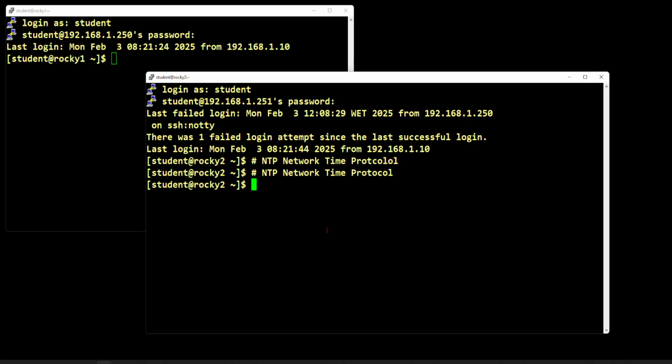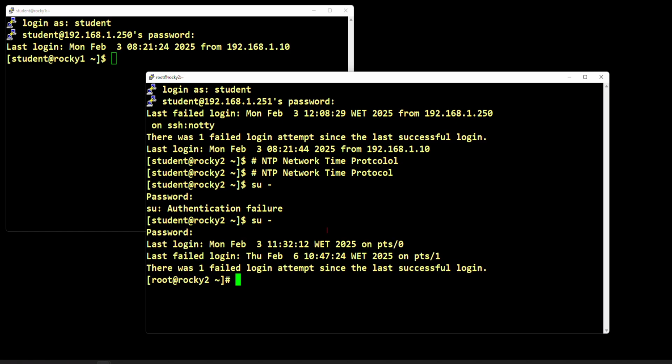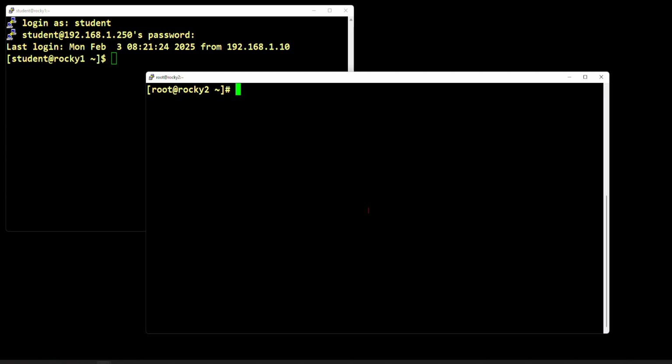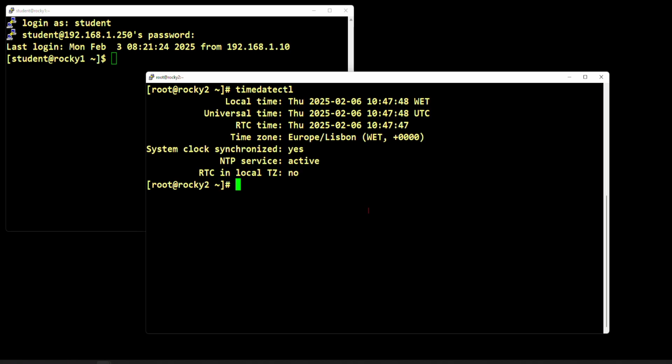So let me get root access here, because most likely the time is already set correctly and we are already getting an accurate time from somewhere. So let's do that first before I make any changes. Let's check and see if our time is already close enough, and if you're getting time from somewhere. So this is my recipe. You just do timedatectl, hit enter,